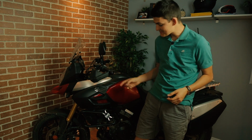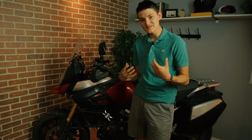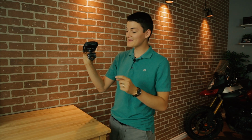I could also throw it onto my crash bars to get a good filming angle. I could secure it to the crossbeam in a canoe. I mean, the thing is so rock solid and so versatile to install, I'm probably going to take it wherever my adventure leads. This Tough Claw setup is so good, I'm not sure why anyone would get an old school clamp. Just kidding, it turns out there is a good reason to buy a standard bolt-on mount, and that's because